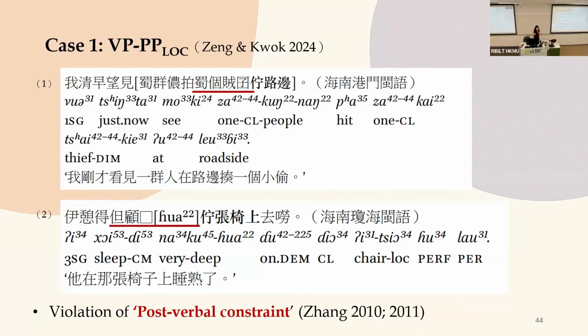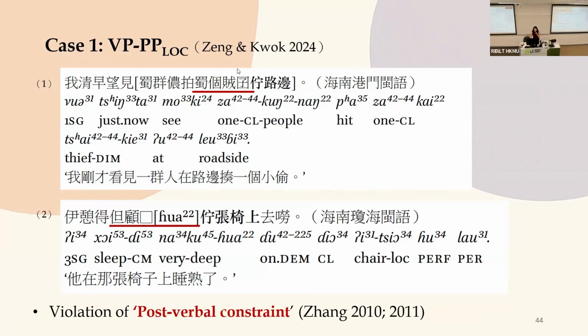So in most Sinitic languages, a locative PP indicating the location of an ongoing action has to appear before the VP. And such word order was already settled and attested by the Tang Dynasty, and it's the common practice in basically all Sinitic languages. However, in Hainan Min, they allow such locative prepositional phrases to appear after the VP, even when the VP is a complex VP itself. And even more interestingly, most Sinitic languages would not allow a post-verbal locative PP after a complex VP, which already contains some sort of a complement.